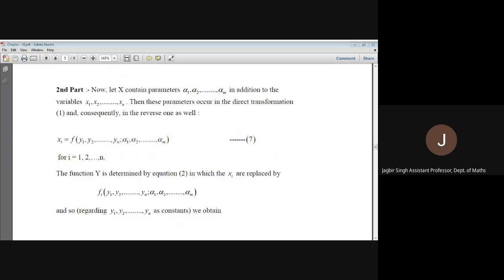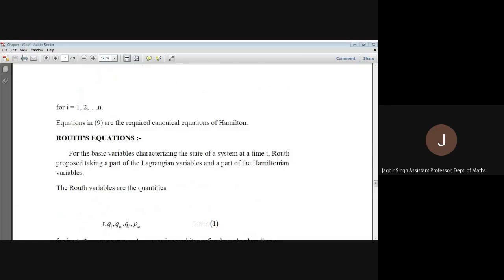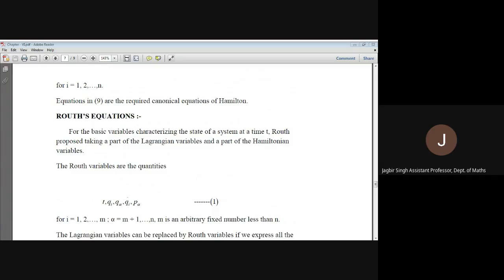So this was Duncan's theorem. After that, we were having the Routh equations. Okay, so the variables for Lagrangian functions, the Lagrangian variables, were t, qi and qi dot, and the variables for the Hamiltonian were t, qi and pi. After that, Routh proposed that instead of